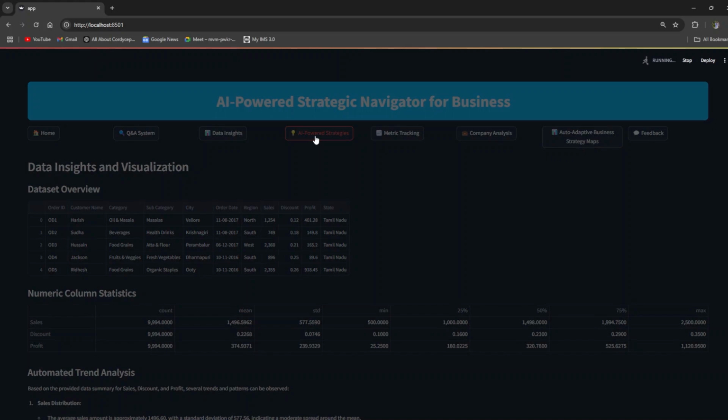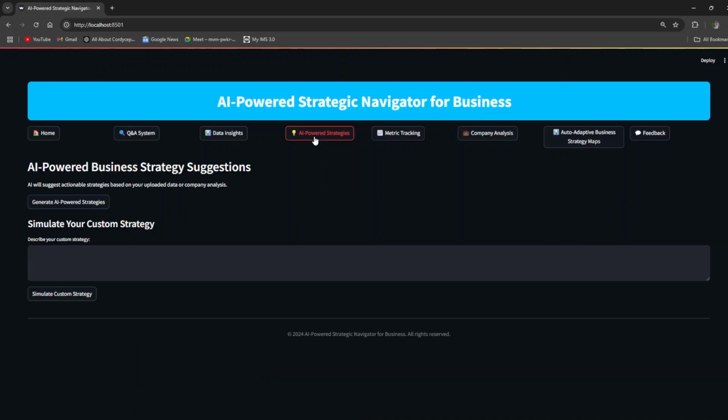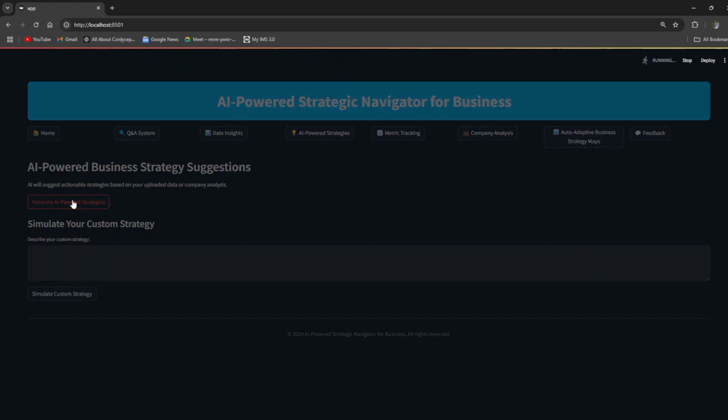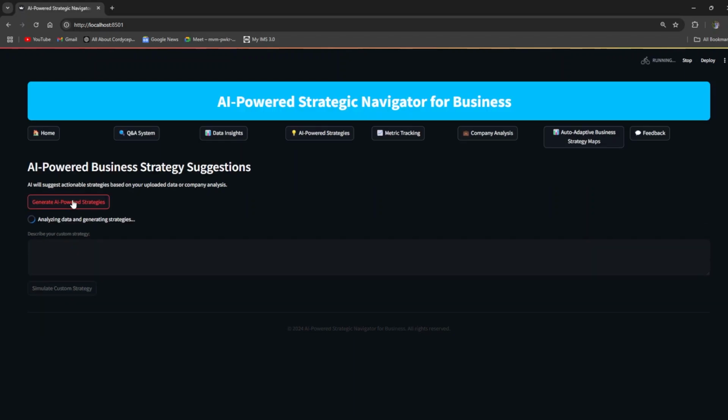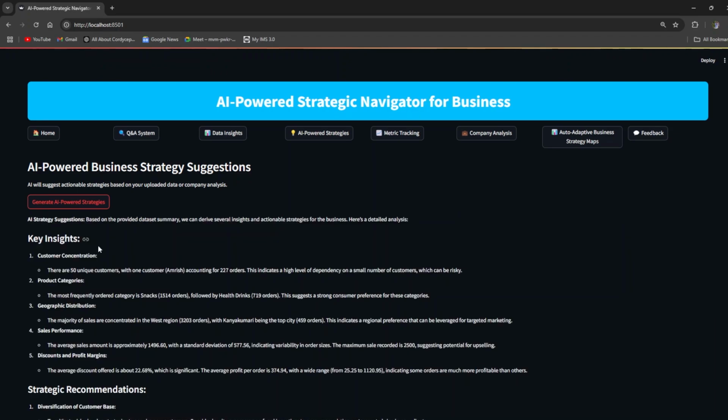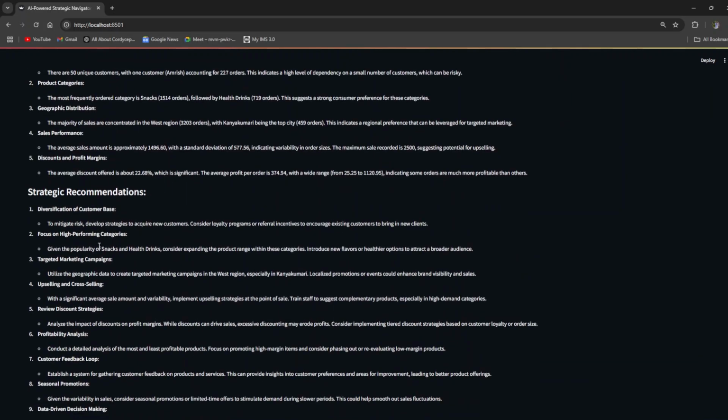Next, let's move on to AI-powered strategies. In this section, AI suggests actionable strategies based on our uploaded data. We can click on the generate AI-powered strategy button. The AI analyzes the data to provide detailed recommendations for us. For instance, it might suggest strategies to improve our customer retention or optimize marketing efforts, like case insights and some strategic